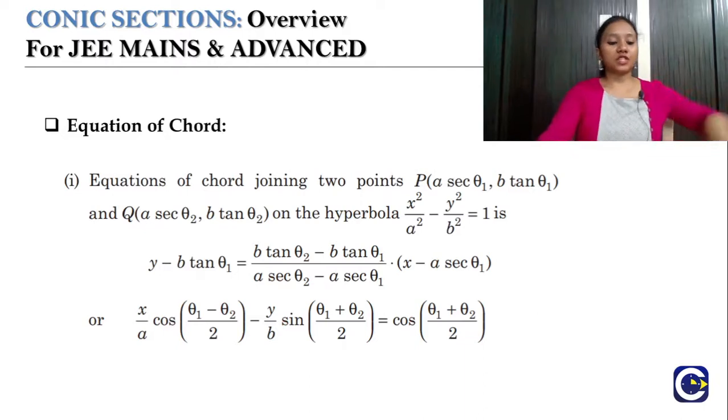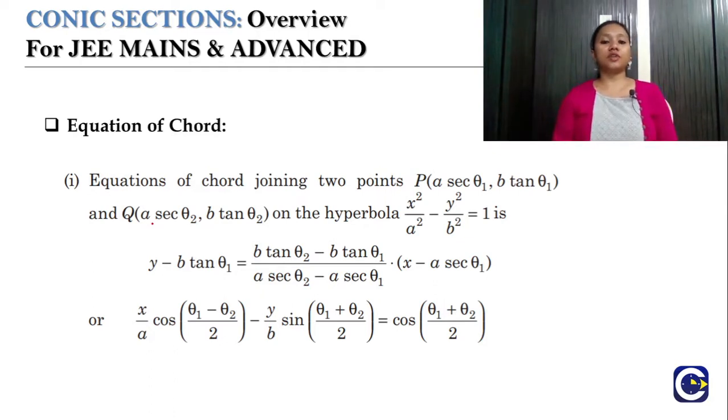Now, as we are discussing the position of a point, let's go one by one. First, take the condition of the point lying on the hyperbolic section. If we consider a point lying outside, we can easily draw the chord, right? If we can draw the chord, we can write the equation of the chord. So let's see the equation of the chord here.